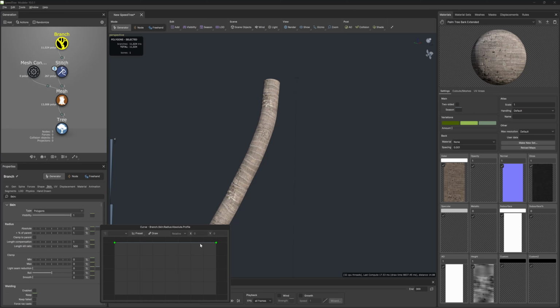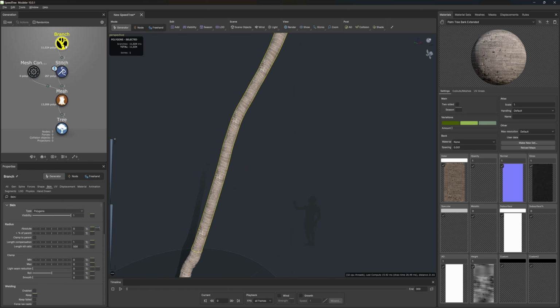Go over to the blue curve with a few dots here. Check this one down, this one up a bit. Now we have this set up. We can go into the branch. Let's go over to the UV tab. Let's enable fractional, and